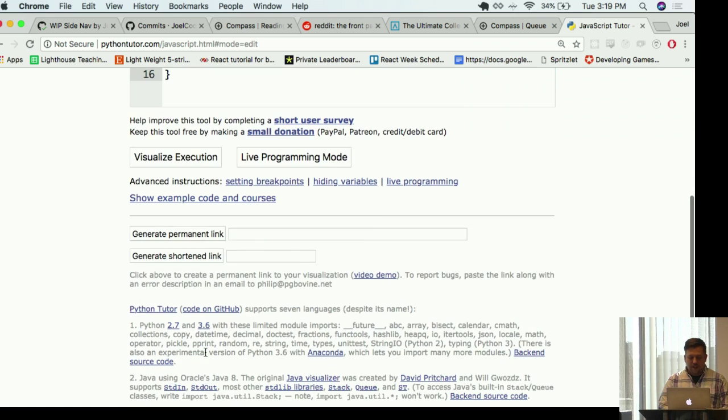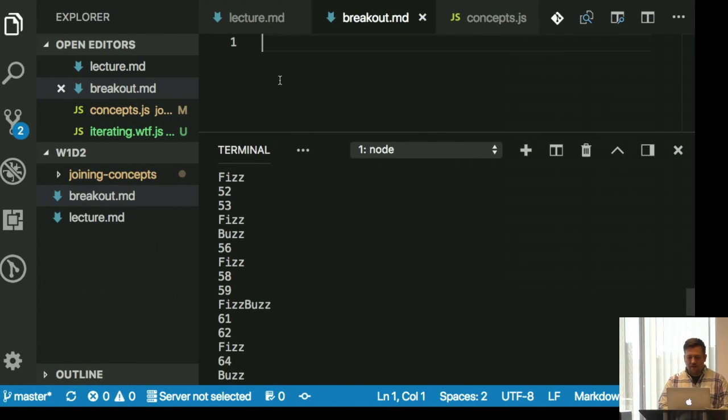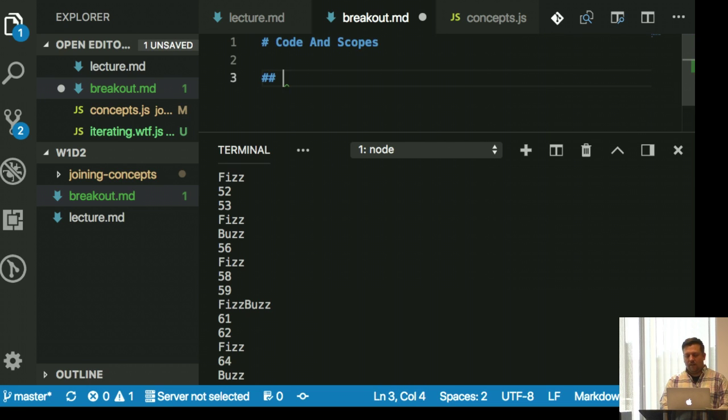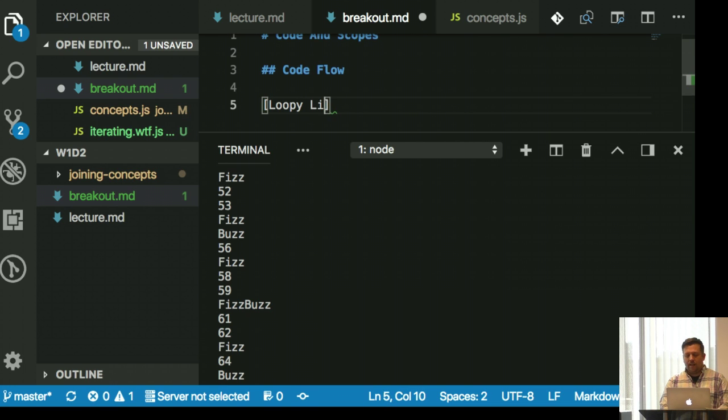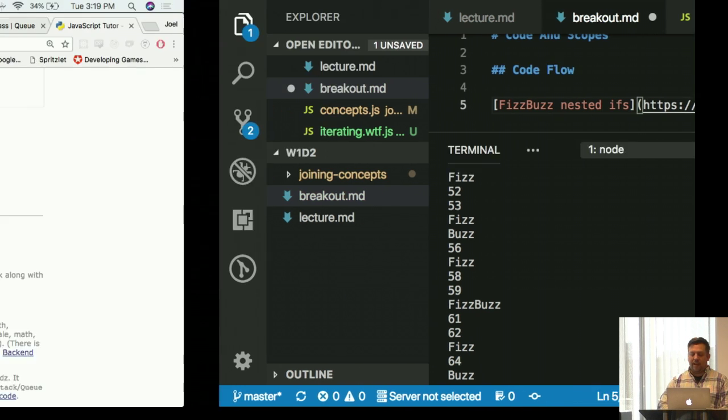I'm going to put this in my notes. Code and scopes. Code flow. Loopy. Not Loopy Lighthouse. FizzBuzz. Nested ifs. And then